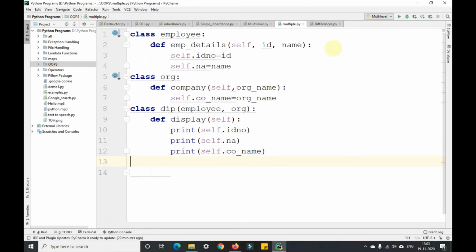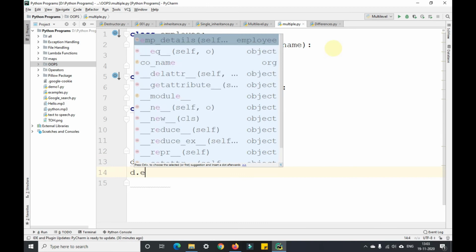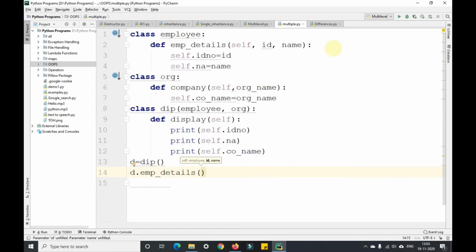Now we'll create an object for the dip class, d equals dip. After that we'll call the d.employee_details method, and here we'll pass two parameters, that is 10001 comma Vijay.